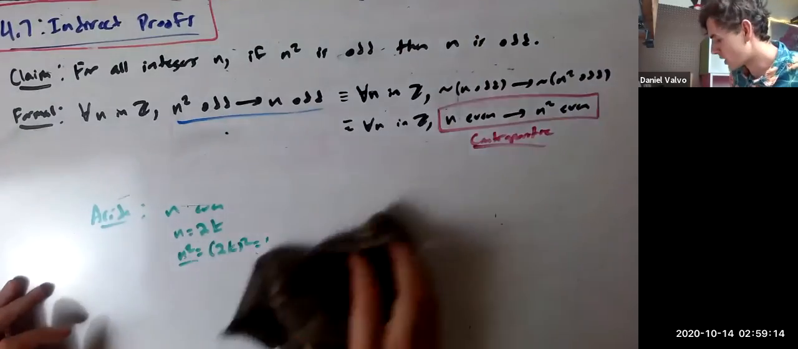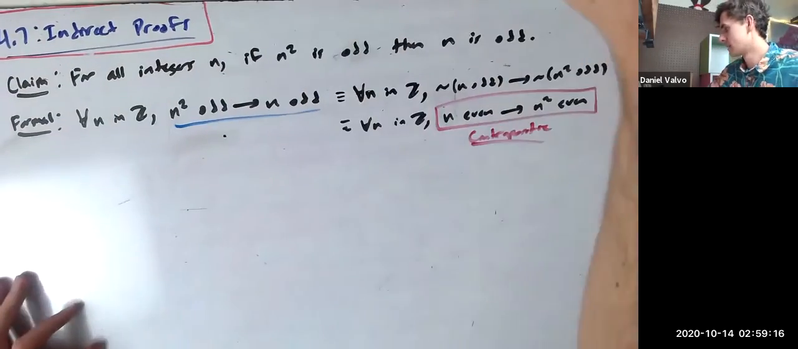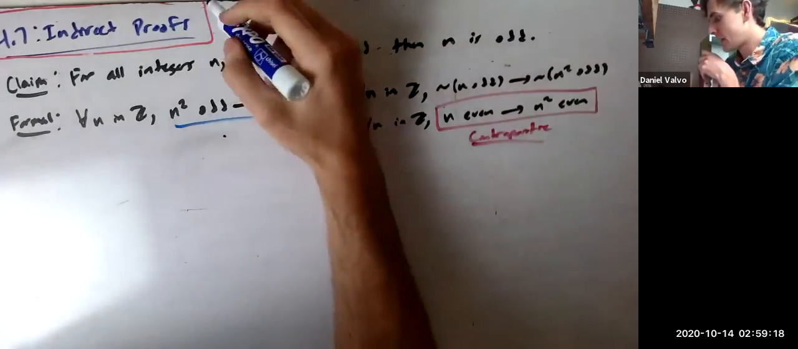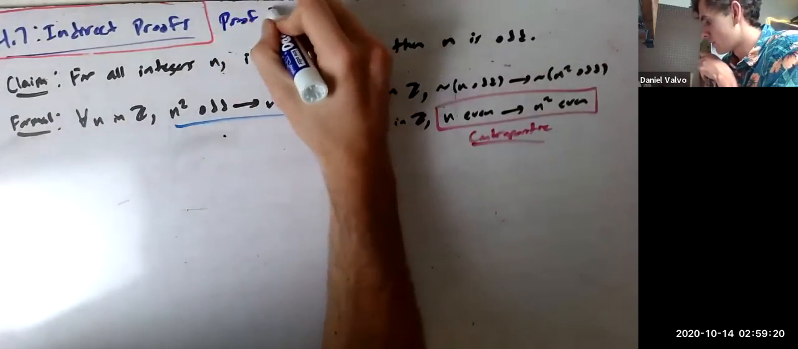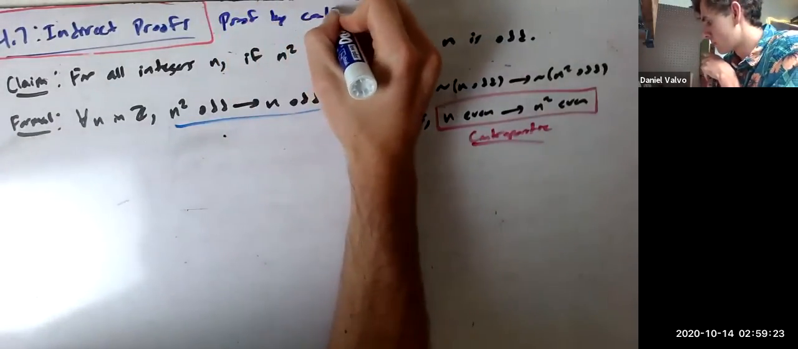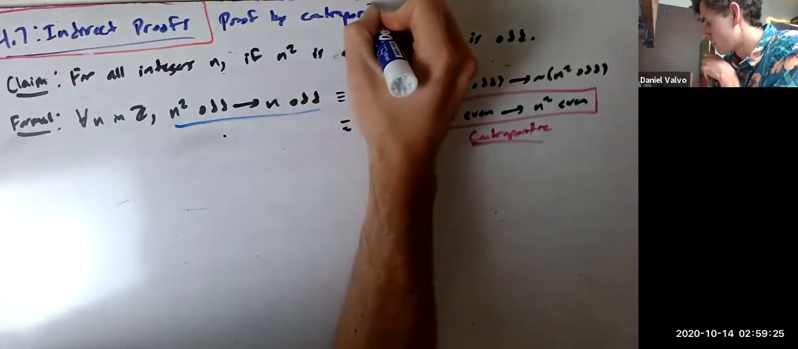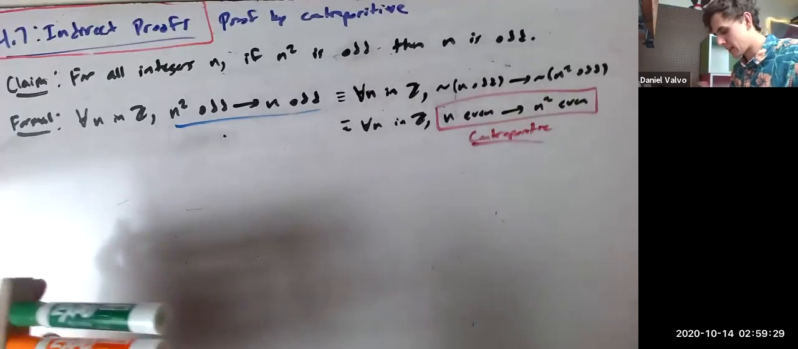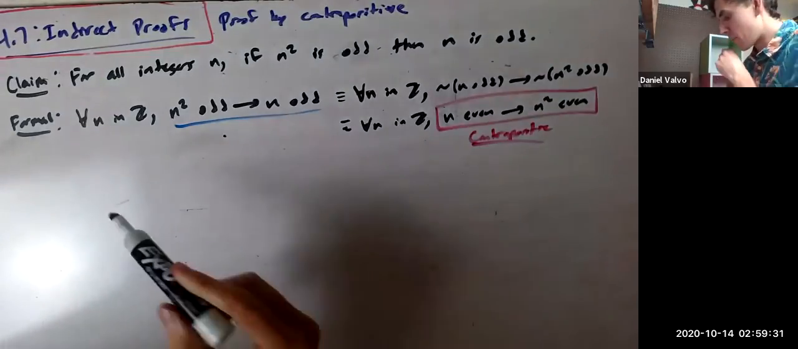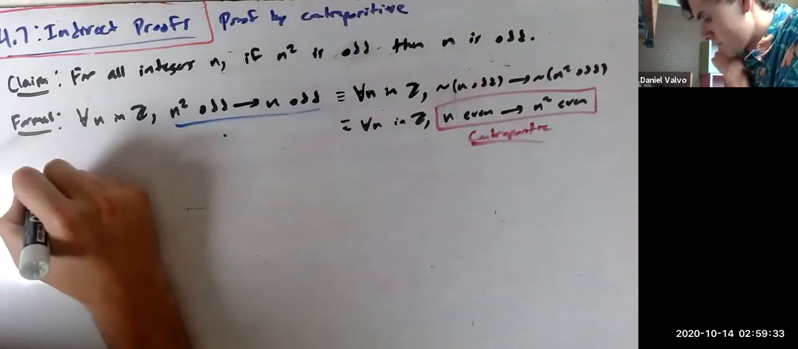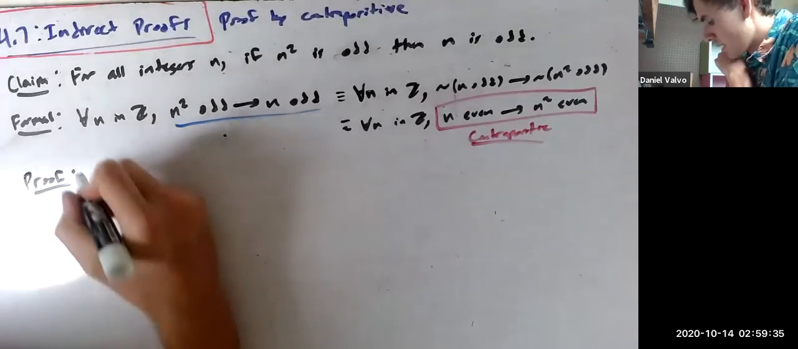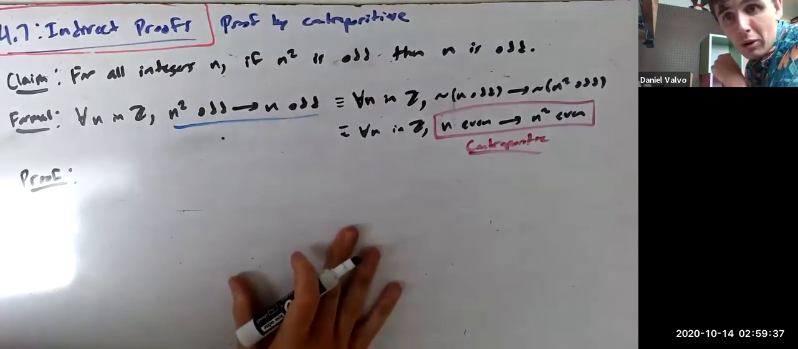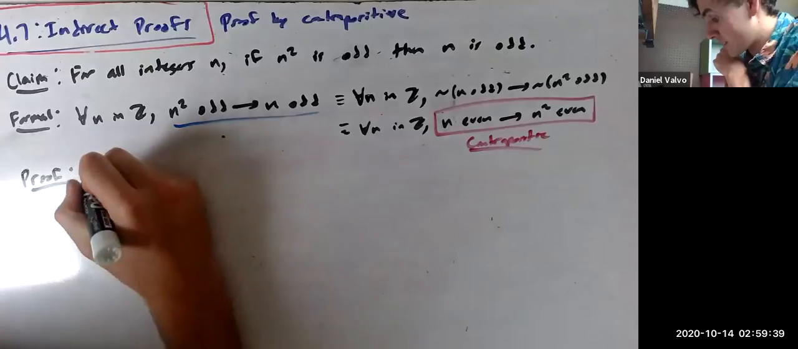Let's go ahead and do it. So this is called a proof by contrapositive. Our first indirect proof is proof by contrapositive. Like that. And the way it's going to go is we're going to say proof. And if you're going to do a proof by contrapositive, you always tell your reader what you're doing. So you literally say proof